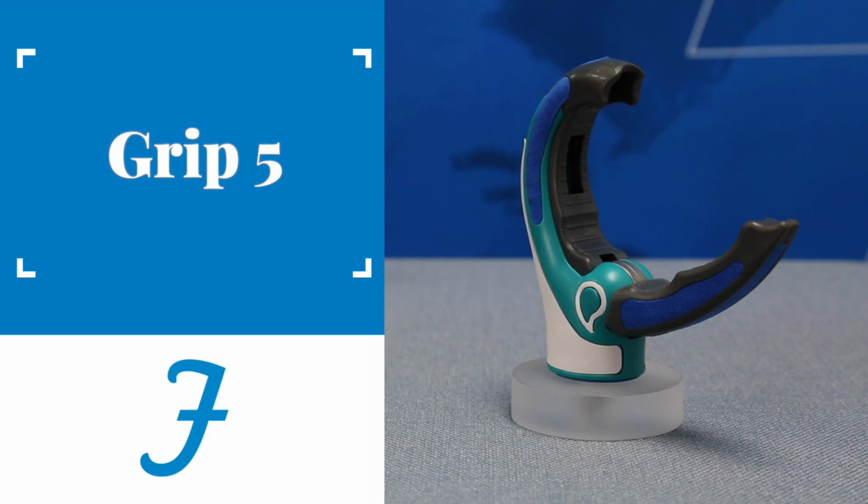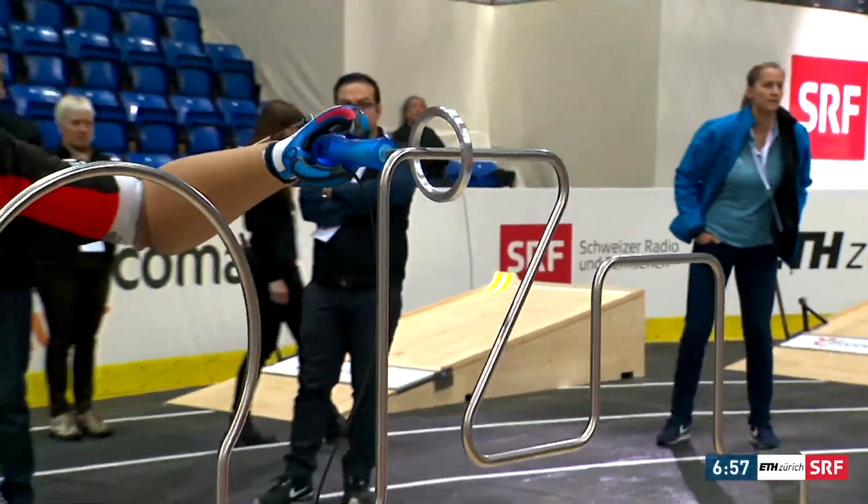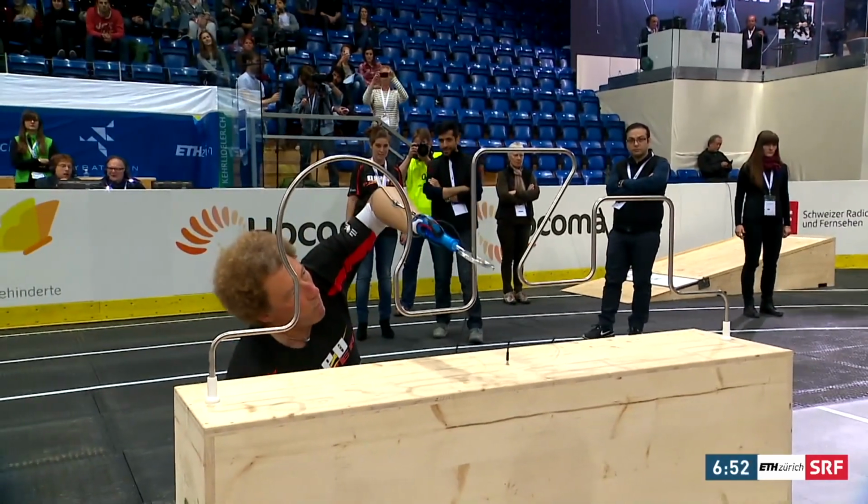When they go home, they might move to a Grip 5. Now the Grip 5s are the lightest in weight. They're down under 10 ounces. I'm wearing the Grip 5 right here. This is the very same device that I wore when I won the Cybathlon upper extremity prosthetics competition in October